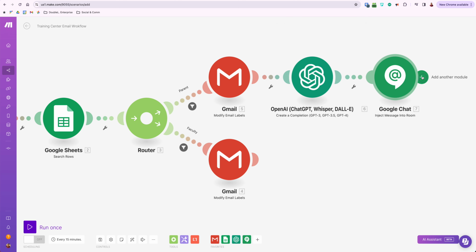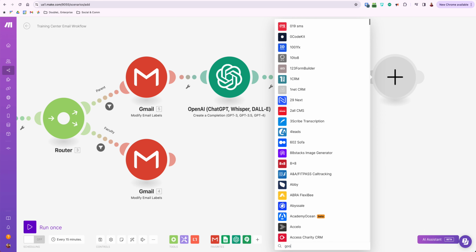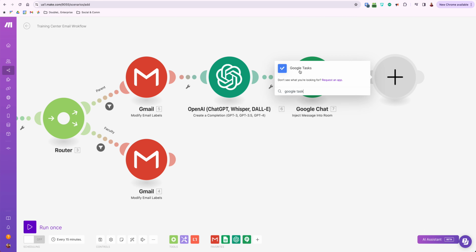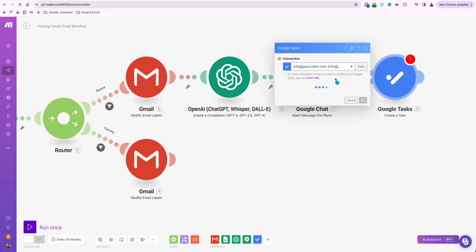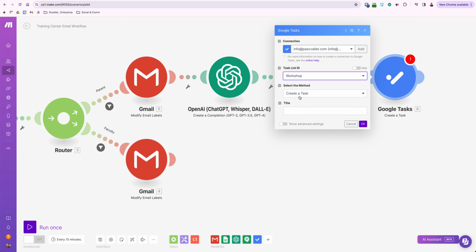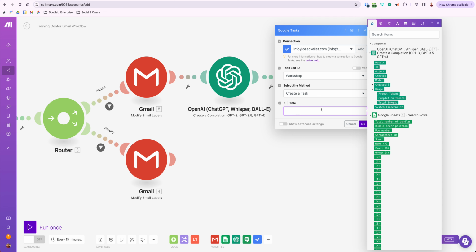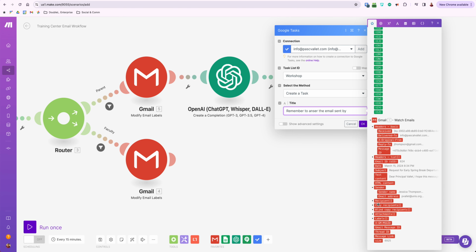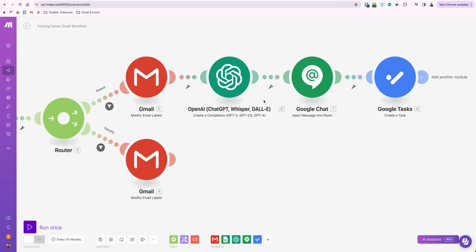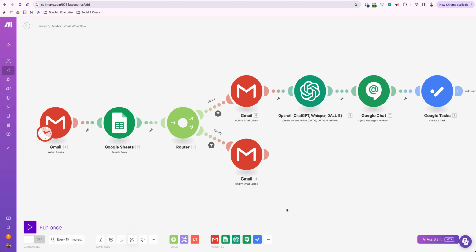And now the last thing I'm going to do is I'm going to create a Google task. So create a task. And the task, I'm going to put it in my list workshop, and the title of the task will be, for example, remember to answer the email sent by, and I'm going to put the name here. So this is not necessarily a very efficient task here, but again, it is to see how different applications can be connected together. So here my workflow has been created,